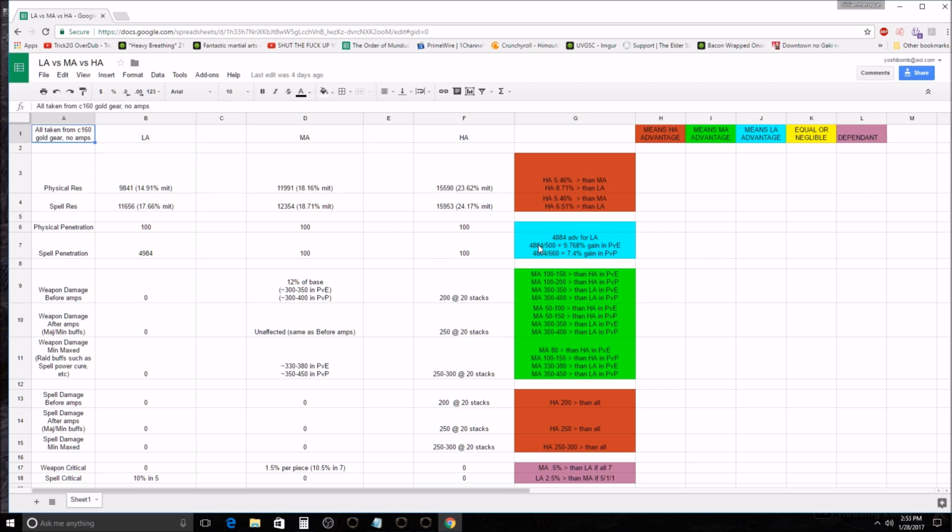So if they don't have 4884 spell resistance, they have less, then this is going to be not useless, but it's going to be mitigated by the loss. So if you're hitting an enemy who already has 0 spell pen, then this is going to be a useless passive. However, this isn't going to happen at all in the game except overland PvE, where mobs have about 9100